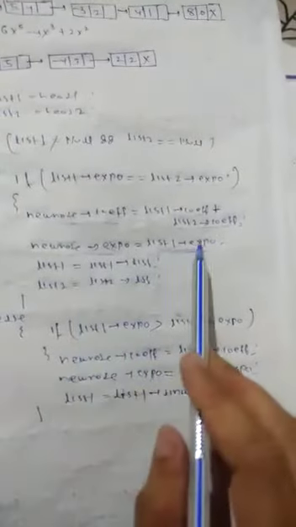Then after creating this new node, we have to advance both lists. List 1 will be advanced and also list 2 will be advanced. So if the exponents match, we perform the addition operation and both links will be updated. Then in the else condition, we check the list 1 exponent and list 2 exponent. If the list 1 exponent is greater than the list 2 exponent, then the new node coefficient will store the list 1 coefficient, because you have to store only in sorted order.